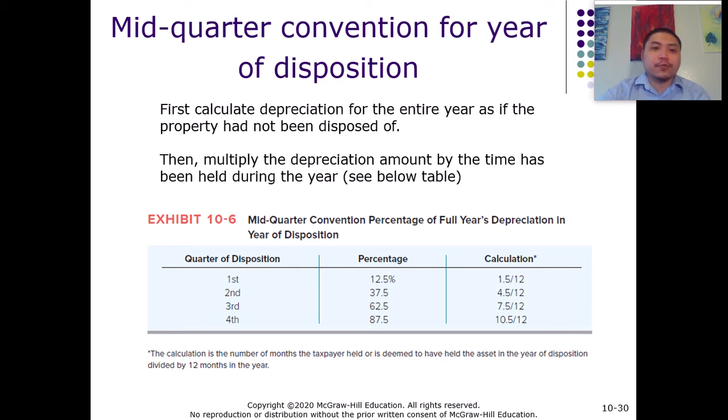First we calculate the depreciation for the entire year, as if the property had not been disposed of, the depreciation under the mid-quarter convention. Then the second step is a little bit different from what we did before. In the second step, we multiply the depreciation amount by the time that it has been held during the year,